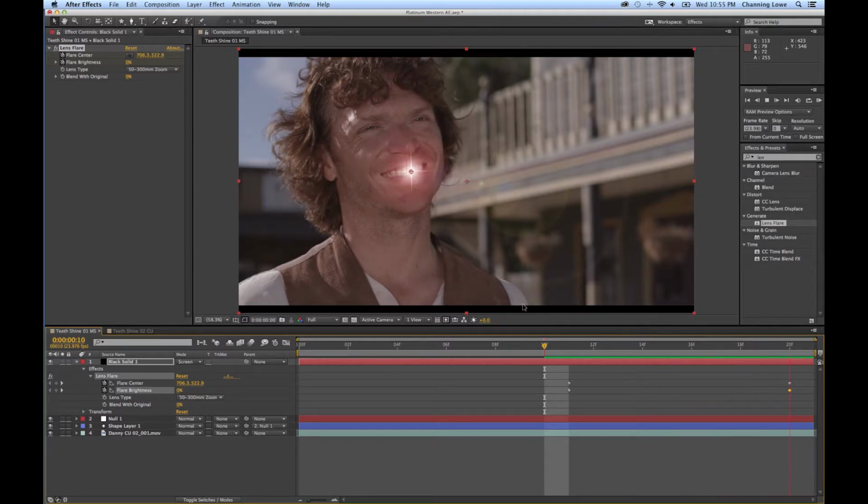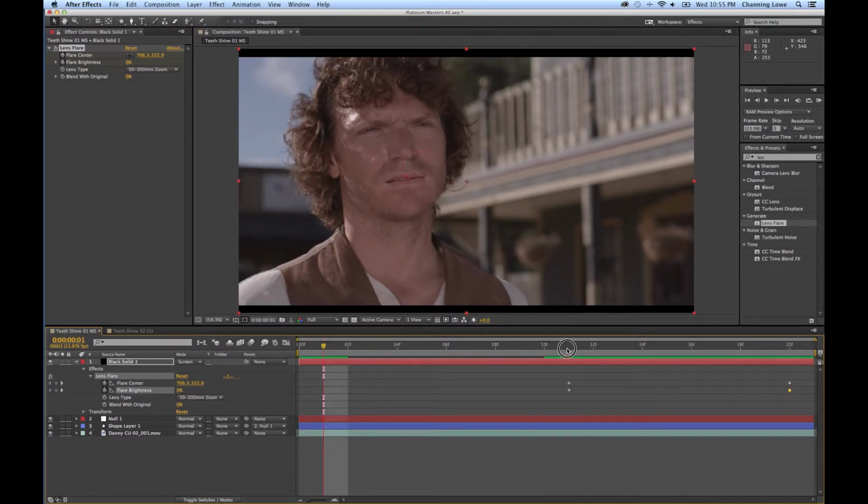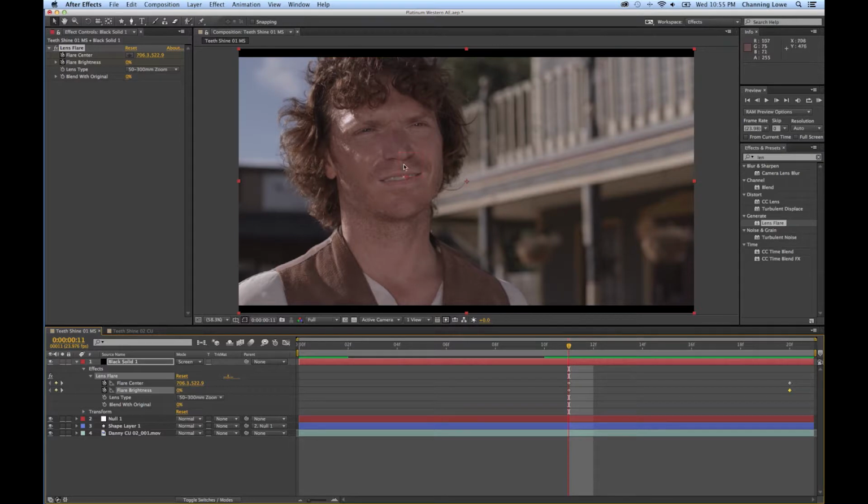And the lens flare is a little off at the beginning, so I'm going to change that. Go to the beginning, grab the center for the lens flare, move it right there. It's going to change that keyframe that I placed it on. Moved it over to the left a little bit so it's more right on top of the